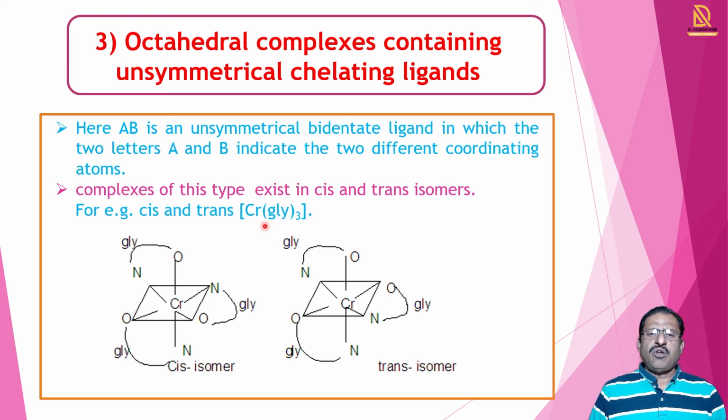Then at that time there is formation of a coordination complex. In that complex, chromium is at the center and glycinate, that is NH2CH2COO. When in the sequence you see here NO, NO, NO, this is the sequence, and so this is called the cis structure. But when this sequence is disturbed, you see here NO, ON, NO, so here the sequence is not present, and so this structure is the trans structure. So in the octahedral complexes containing unsymmetrical chelating ligands, there is also observed the phenomenon of cis and